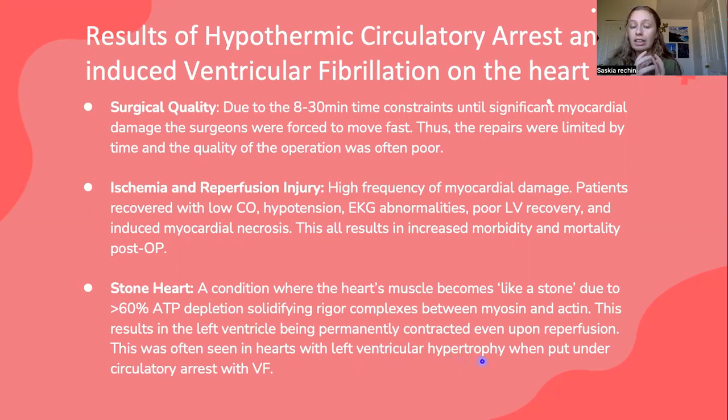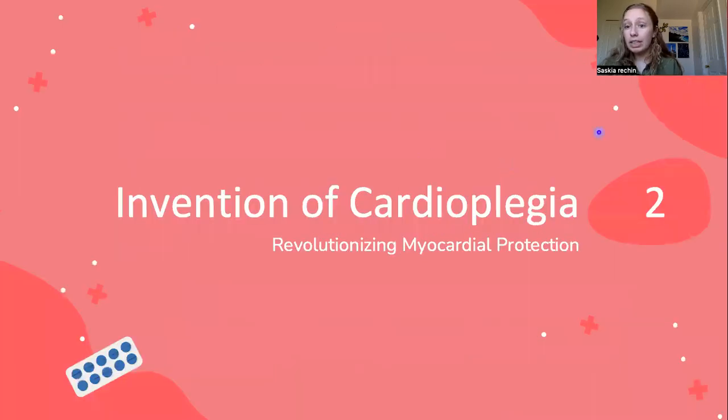So then they get stuck in that stone heart condition that is basically fatal. And so that was a really feared condition and one of the main proponents for getting cardioplegia implemented. And that's what they did. So cardioplegia itself is kind of made up of